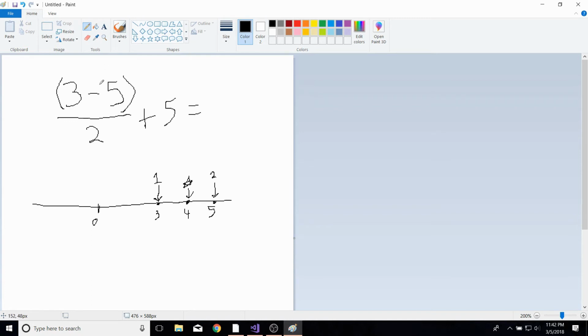So that equals -2 over 2 plus 5, which equals -1 plus 5 equals 4. So yes, it works. And you could try that for other sets of numbers if you like, but I've already